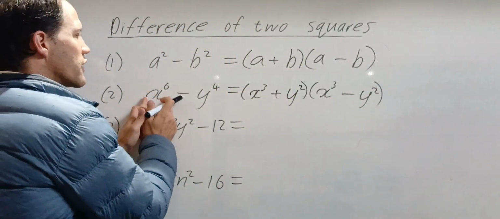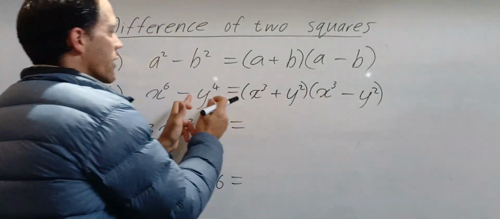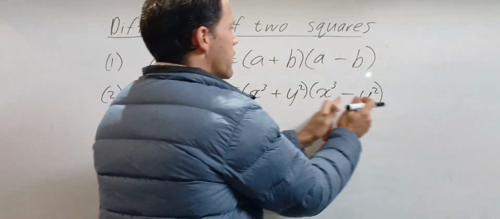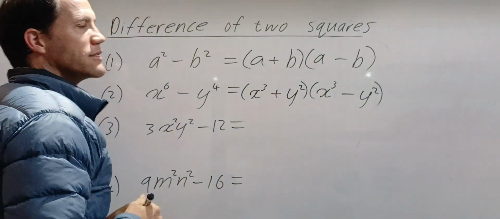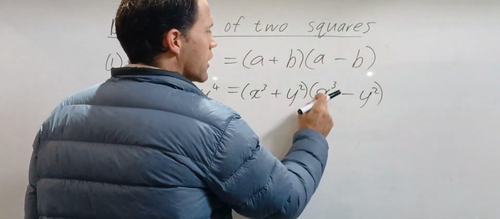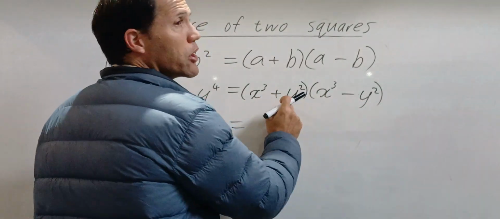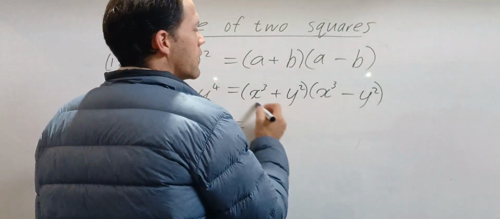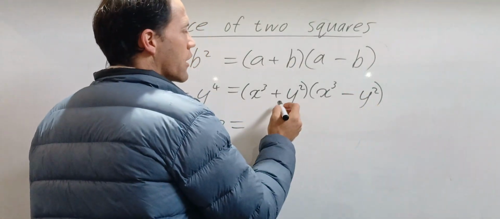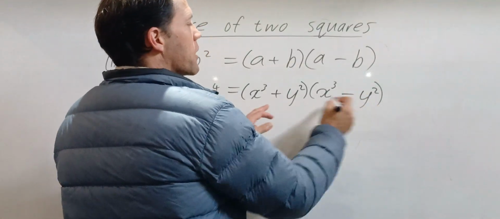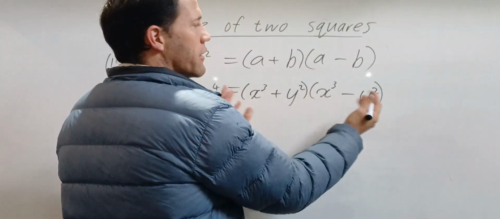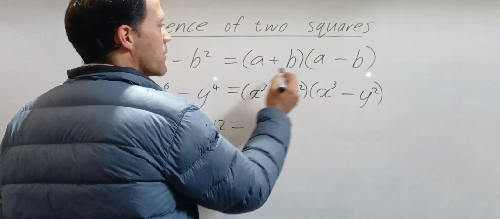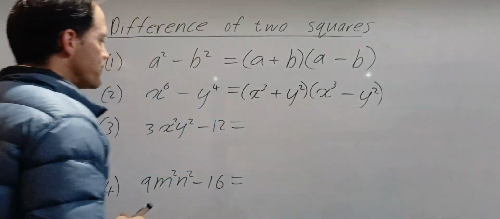Get the square root of this one, put it there and there. Get the square root of this one, put it there and there. Put in a plus and a minus. With the plus and the minus, make sure that you subtract and add the middle term so they cancel out. When you do the FOIL, the outer ones you multiply, the inner ones you multiply, and then they cancel out. So all you're left with is this one times this one, and that one times that one.